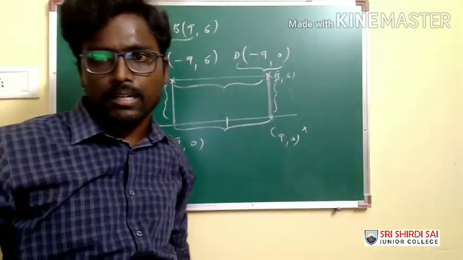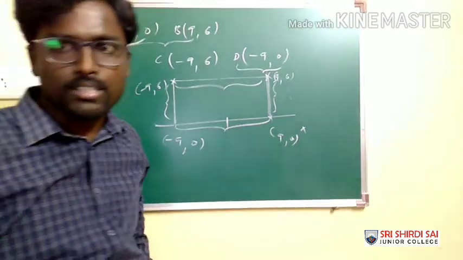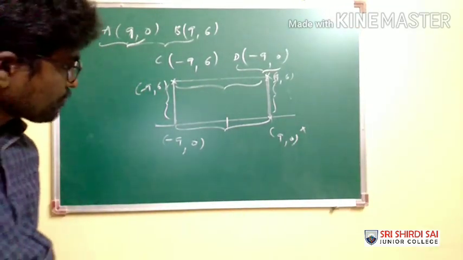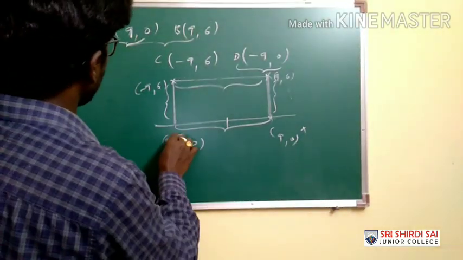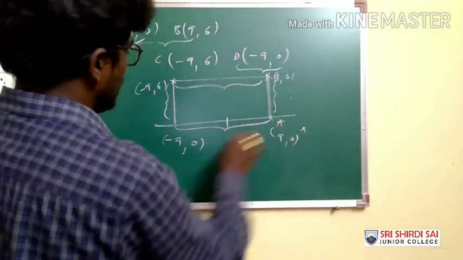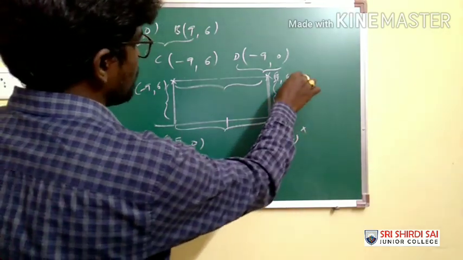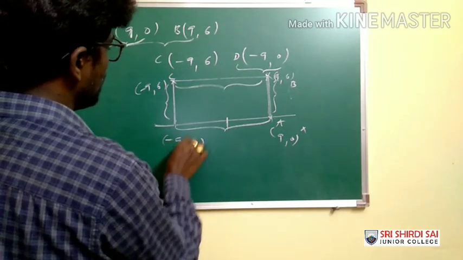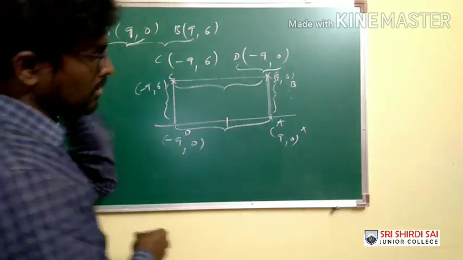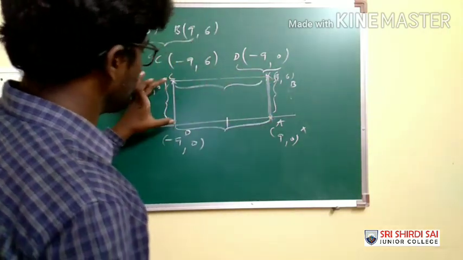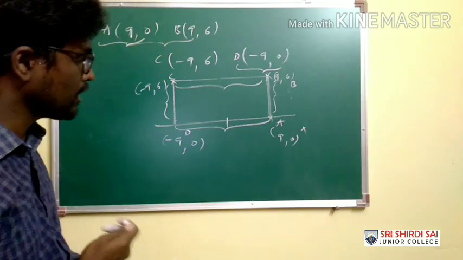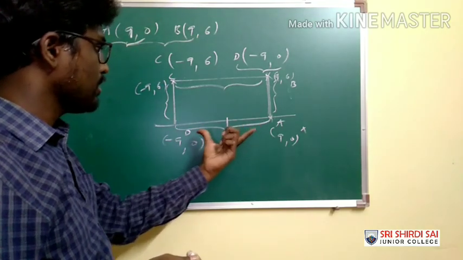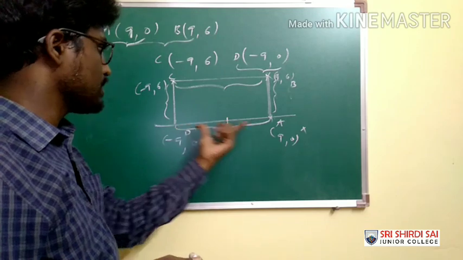What is the length of these particular sides here? Length of these particular sides are going to be, for suppose, what is the point here? Let's say this is A and this is B and this is C and this is D. Here this is of 6 units, so that this is of 6 units. Okay, this is of how many units here? From here to here 9 units and here to here 9 units.